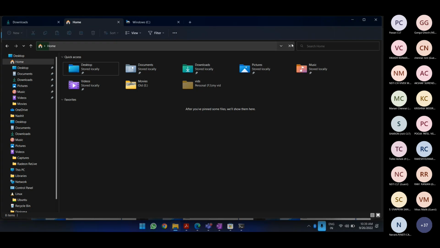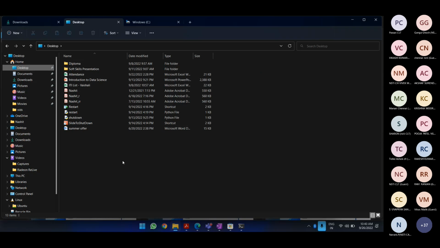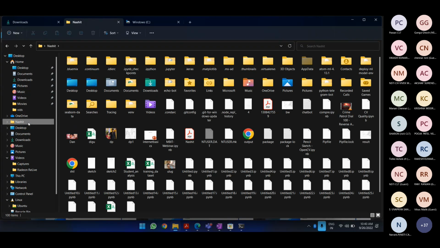It might not show up here. Home, webs, ADIT directory. So I'm not sure if it will make things available here or not. Let me see in case it is opening up.